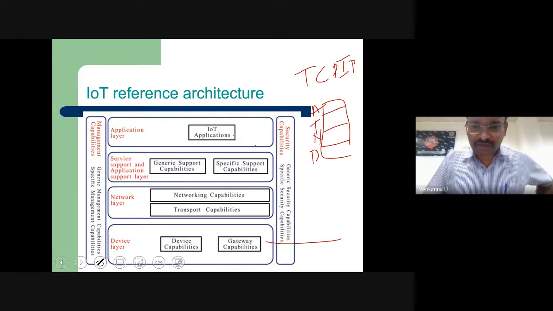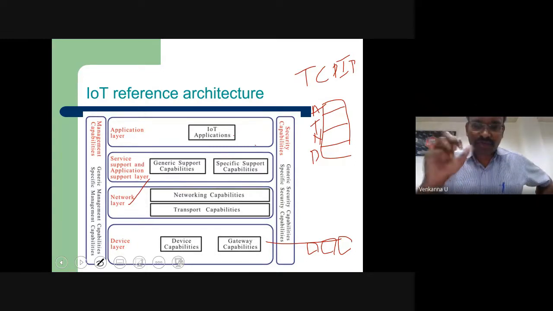Suppose you take the bottom: you have the device layer, meaning sensors and IoT nodes are going to be placed in this particular device layer. Then, whatever the devices sense and communicate to make the network do its particular duties, they introduced the concept of the network layer. Now, through the network layer and the transport layer, you're able to sense the data and collect the data.